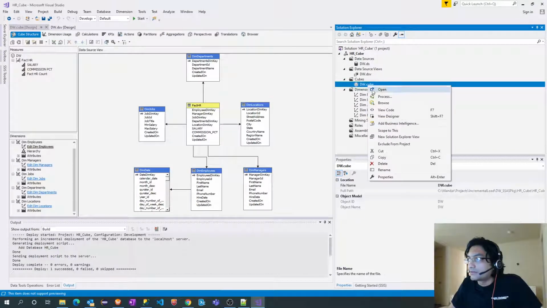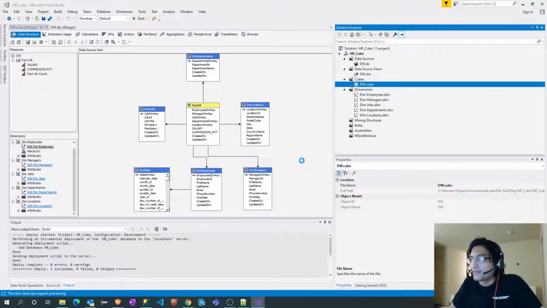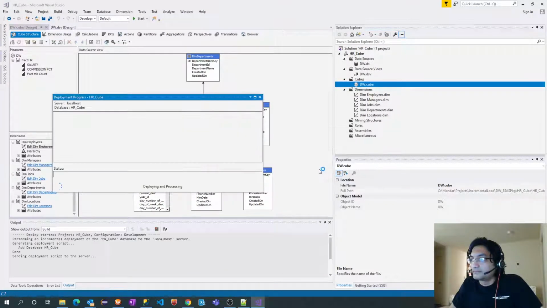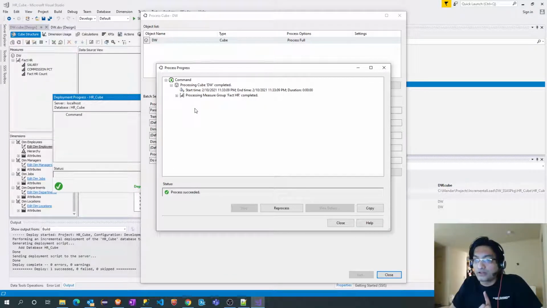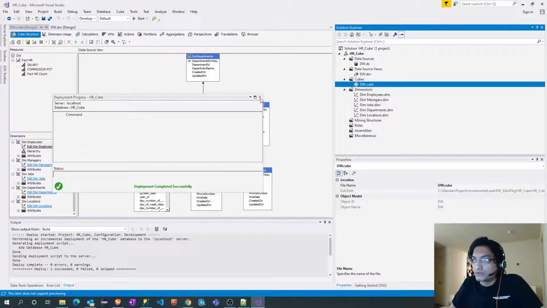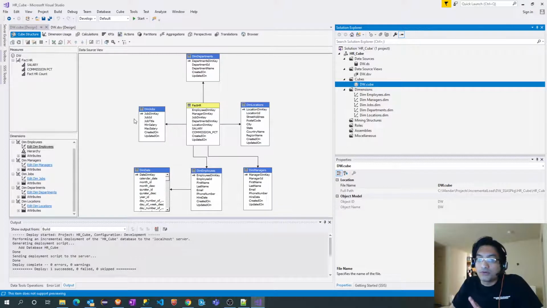And now we'll reprocess. Yeah, this time it succeeded. So our dimension, fact, everything succeeded. So our cube is ready for reporting.